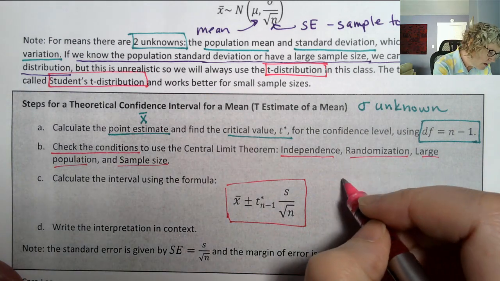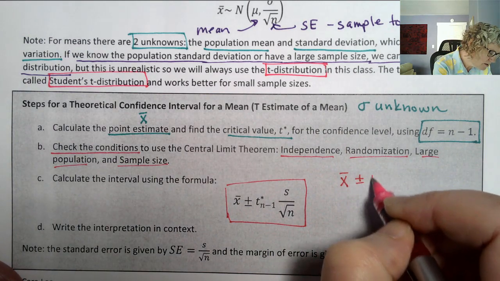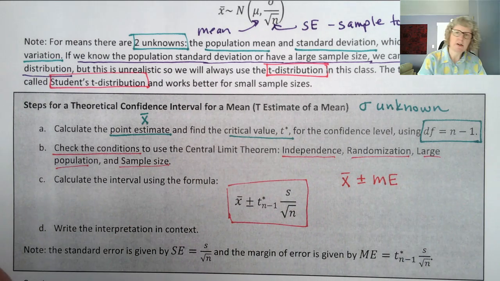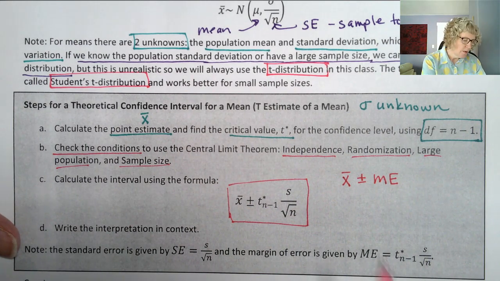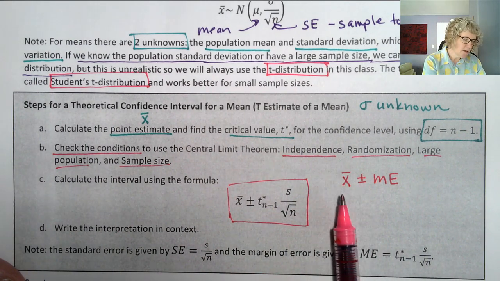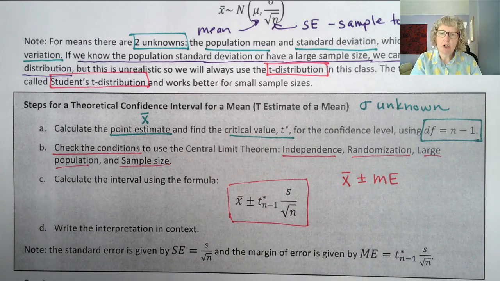Essentially, we're doing x bar plus or minus the margin of error, right? That's our general confidence interval. We have our estimate, our point estimate, and we add and subtract the margin of error, right? Now, the margin of error is a certain number of standard errors that we go out, okay? And then we need to select a certain number of standard errors to go out based on our confidence level. Do we want the middle 90%, 95%, 99%, or something else?